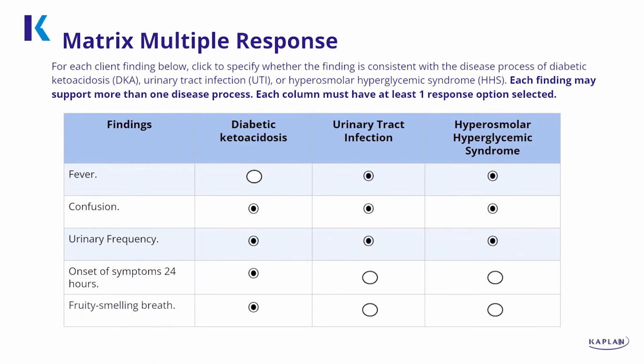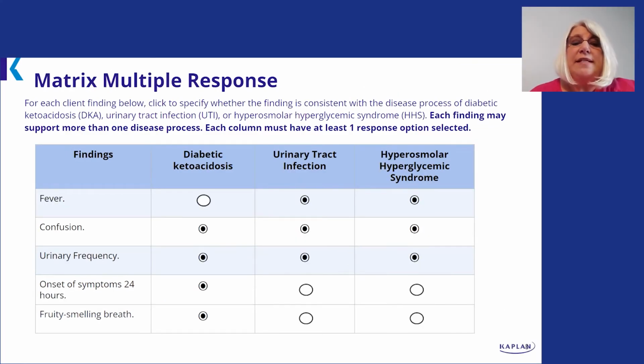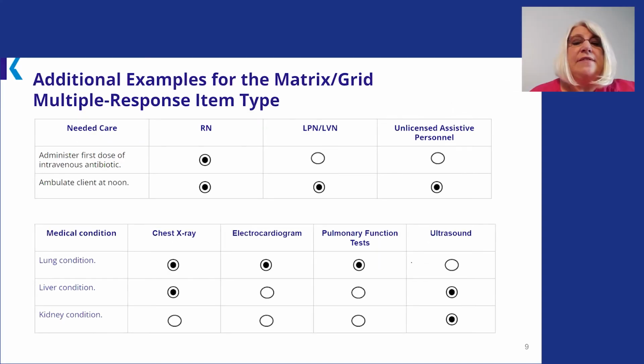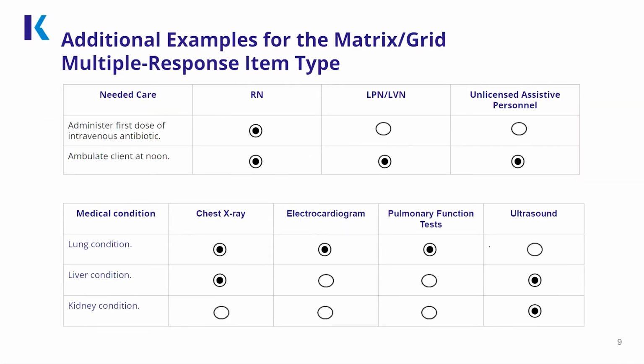In this example, the student will choose which disease process is consistent based on the findings provided in the first column. As the student determines their choices, they will conclude which disease process the client is experiencing. Here are some additional heading choices for the matrix grid multiple response item type. In the top example, you could provide the student with a list of client needs or care interventions and ask the student to determine who could perform those care items. The second example lists the client's medical condition. The student can be asked to anticipate which diagnostic test or tests would be ordered by the provider to evaluate